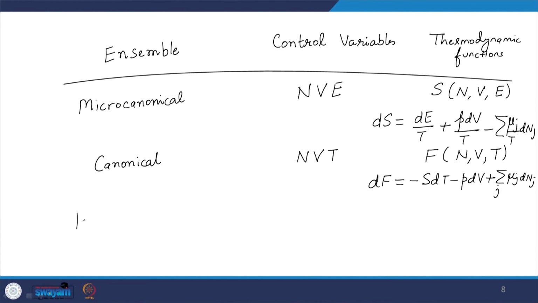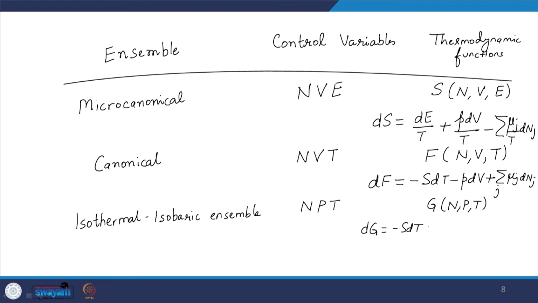And then we can have something called an isothermal-isobaric ensemble, and in this case N, P and T are constant: the number of molecules, pressure and temperature. In that case the thermodynamic function we are interested in is the Gibbs free energy G(N,P,T). In differential form it is dG = -S dT + V dP + summation of mu_j dN_j. And the last one is the grand canonical ensemble,